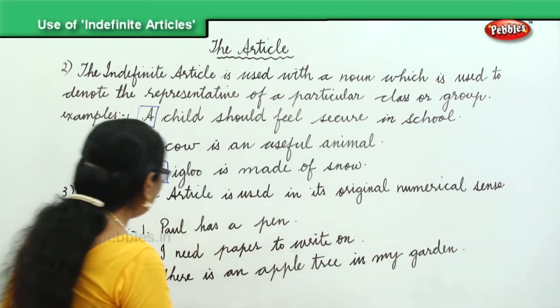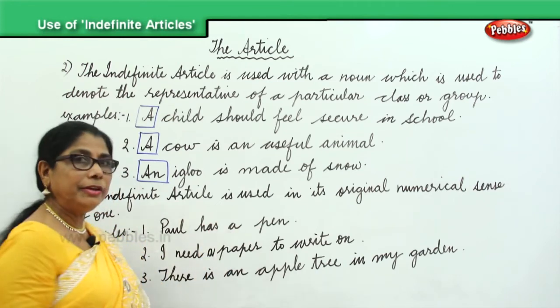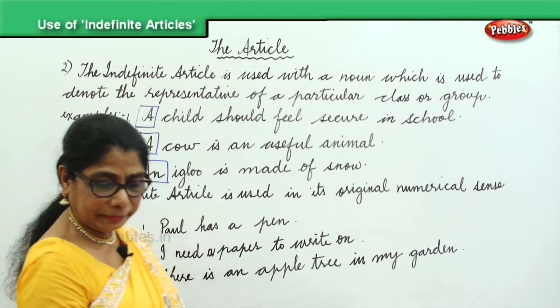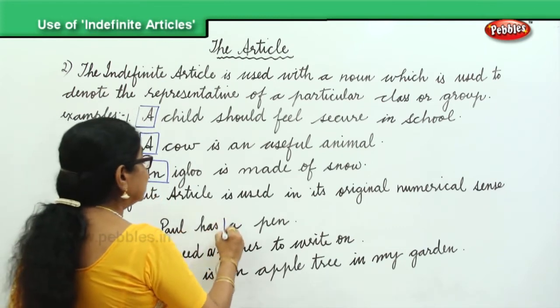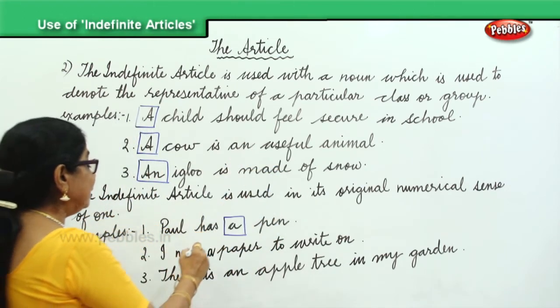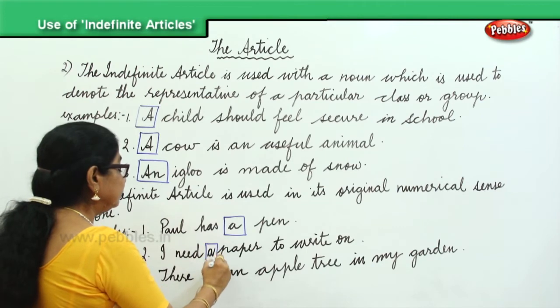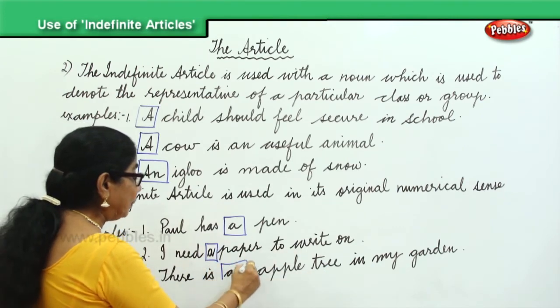Here, you can actually put in a, but even if you don't put it in, it's fine. Now, let's look at it. Paul has a pen. One pen. I need a paper to write on. There is an apple tree